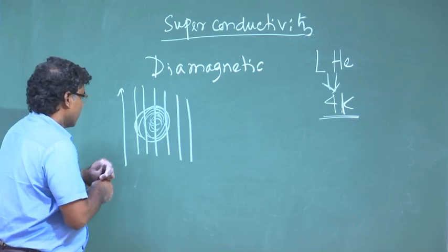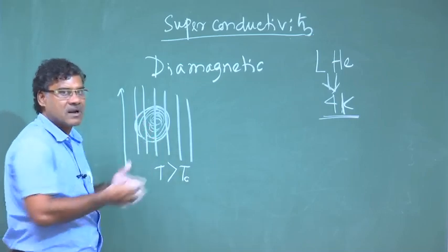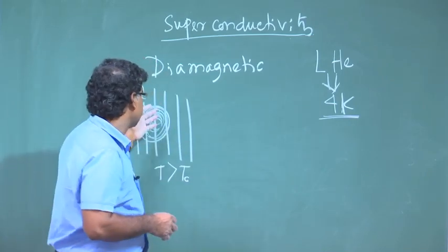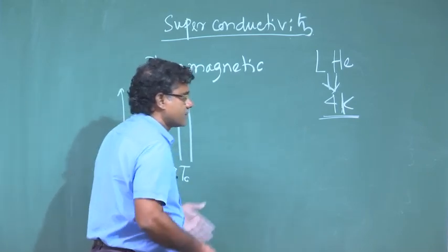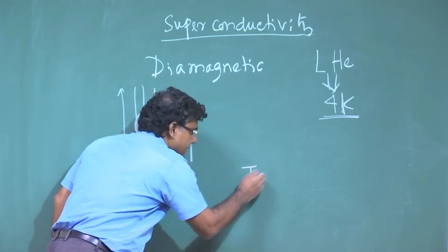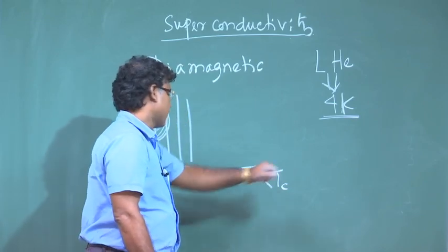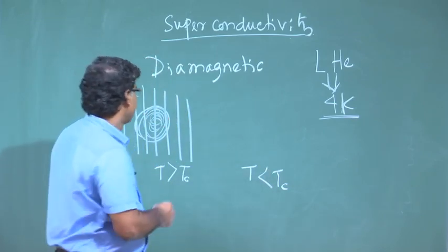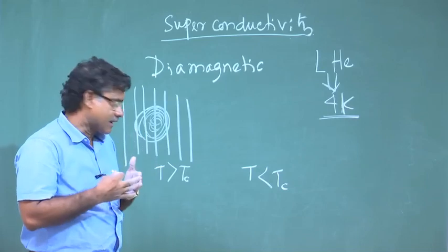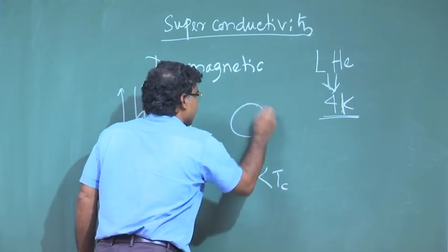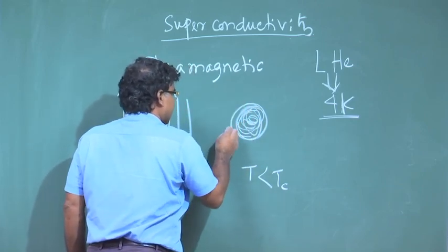So, in this case the temperature is greater than Tc, that means this metal is in the normal state. Okay. Now, if you decrease the temperature so that T is less than Tc, then it becomes a superconductor. We will say it is a superconductor if we find this type of